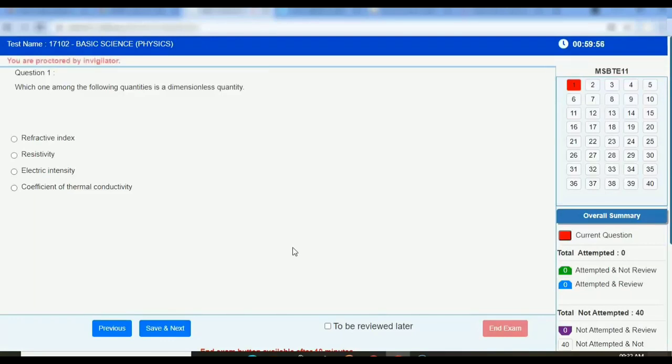Once you click on the start exam button, the question will appear to you. You can read the question and click on the radio button in front of the right option. For example, I am clicking on the radio button in front of this particular option, which is my answer. After that, I will navigate to the next question by using the save and next button. Similarly, for this question also, I will read the question and click on the radio button in front of the right option. So here I am choosing this particular option and moving to the next question by using the save and next button. You can similarly click on the radio button in front of the right option and navigate to the next question.